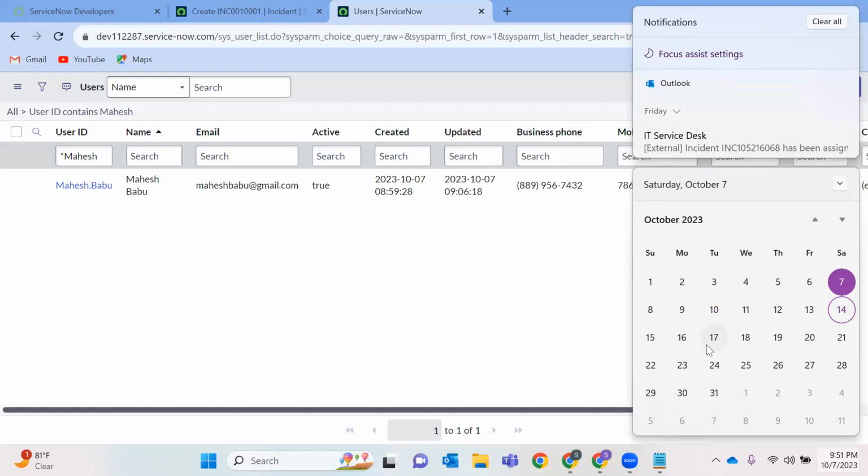And 9 p.m. to 10 p.m. is the usual class timing. This course takes around 2.5 months, where we learn all the admin part, development part, and a live project, nothing but a custom scoped application creation from scratch.